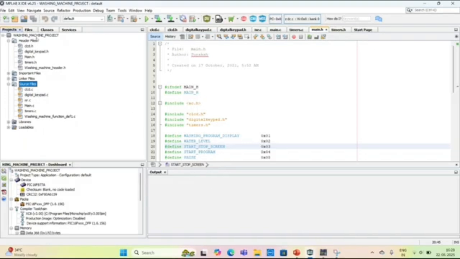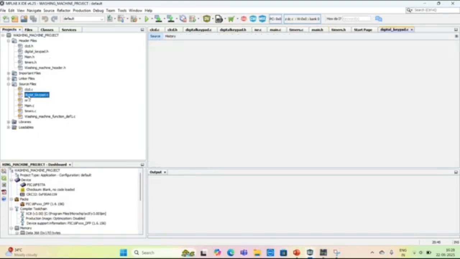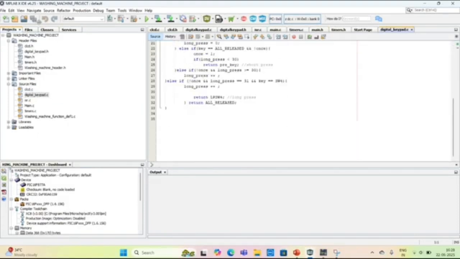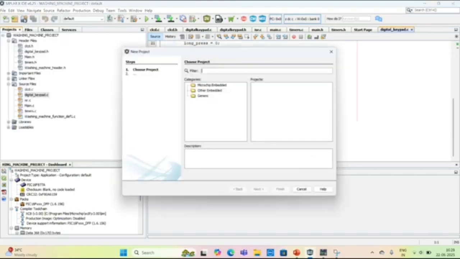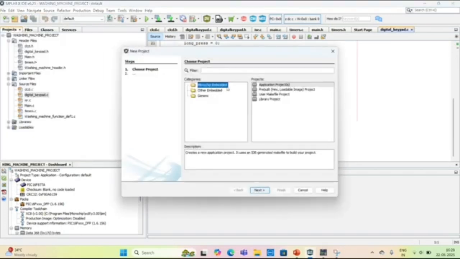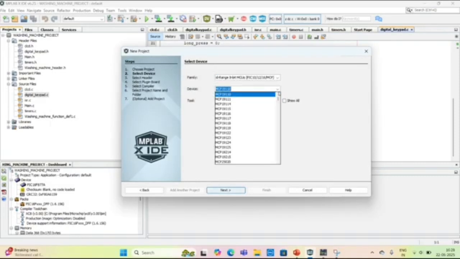Here we can see the washing machine project, and here is the code, header files, the main file, and many more. We will take a new project, and then select Microchip Embedded application projects, and next select mid-range, and here pick